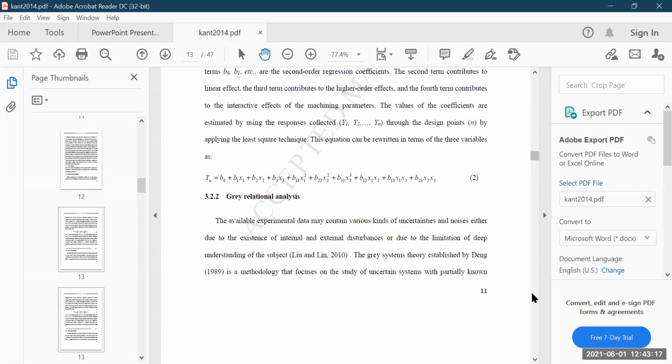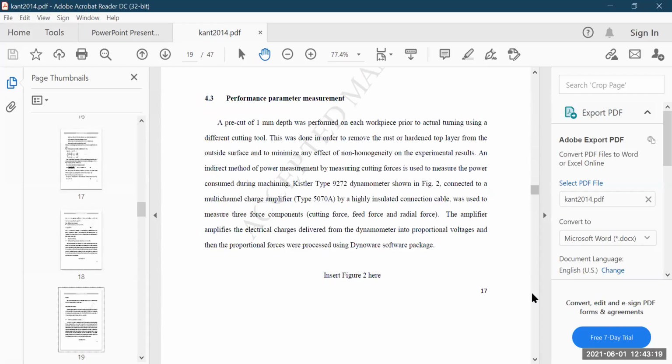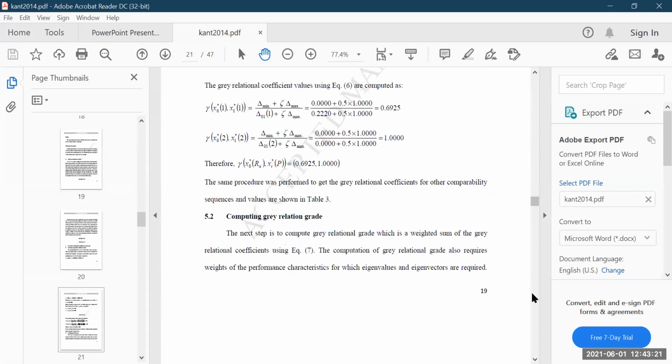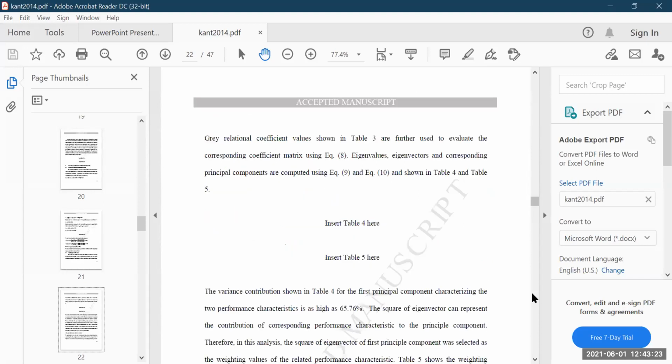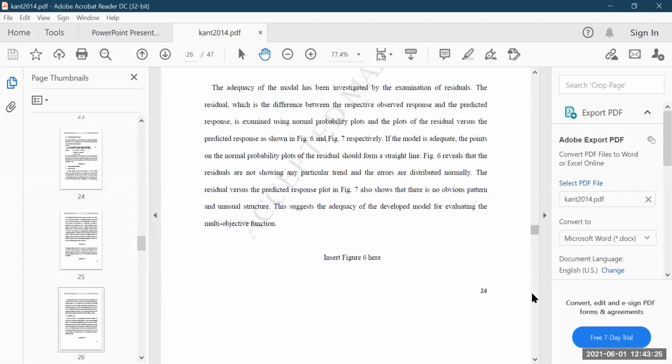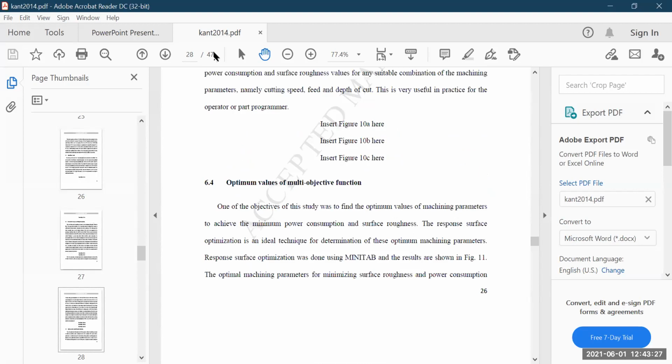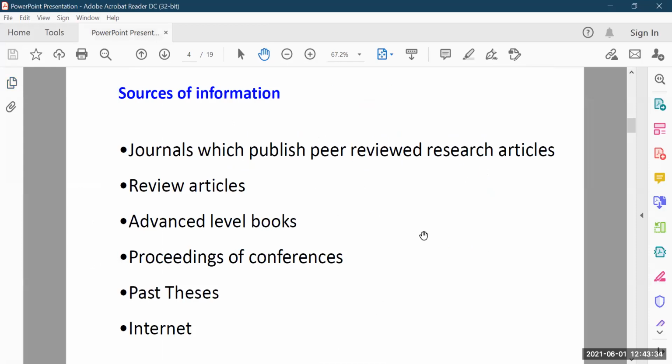If there is any problem getting papers that are not freely available, you can take the help of this process. I already told you this is not a legal one. Legally that is not valid.